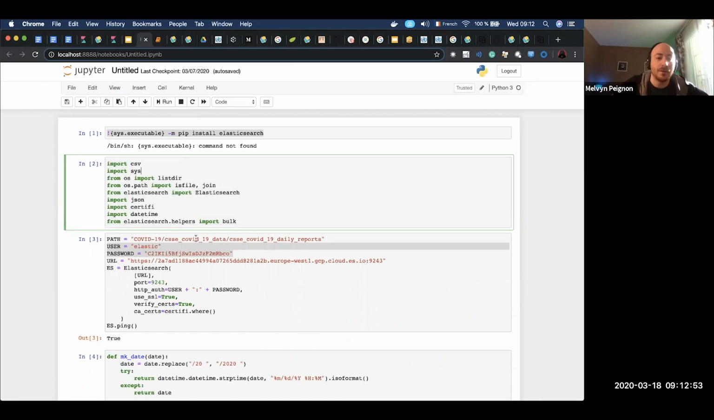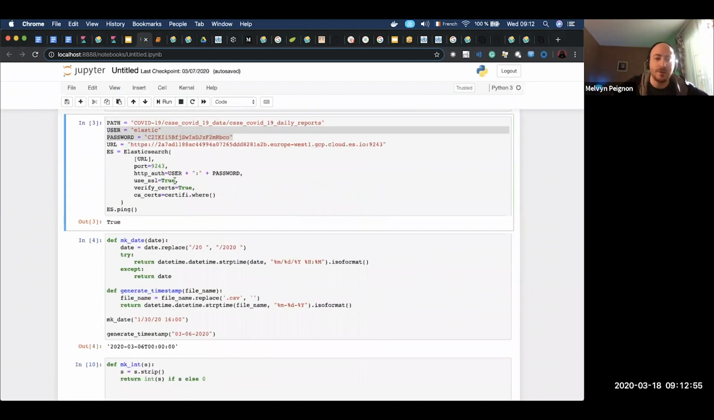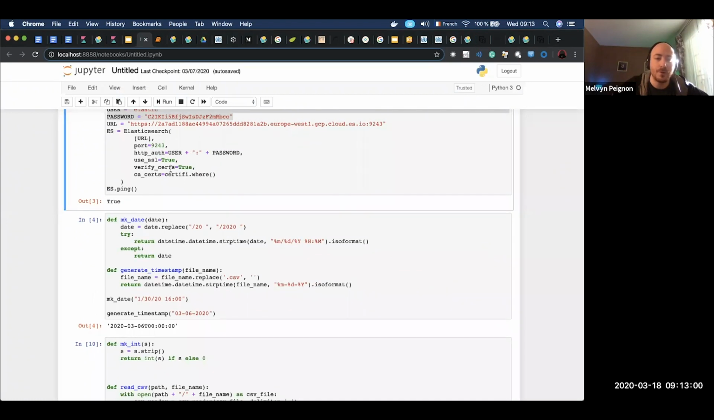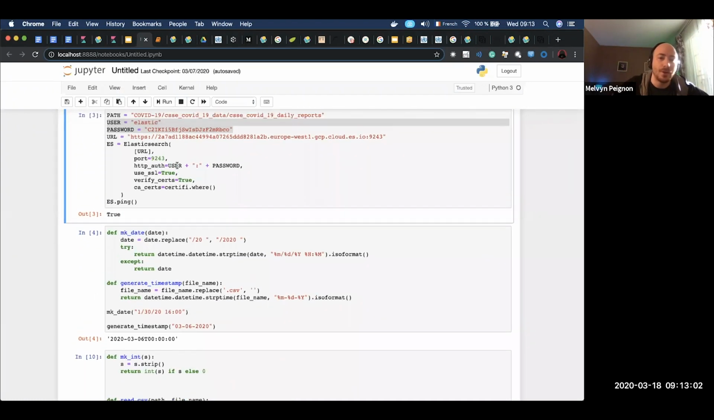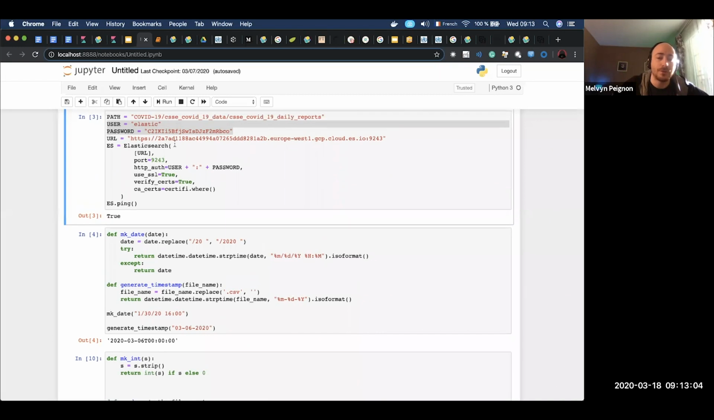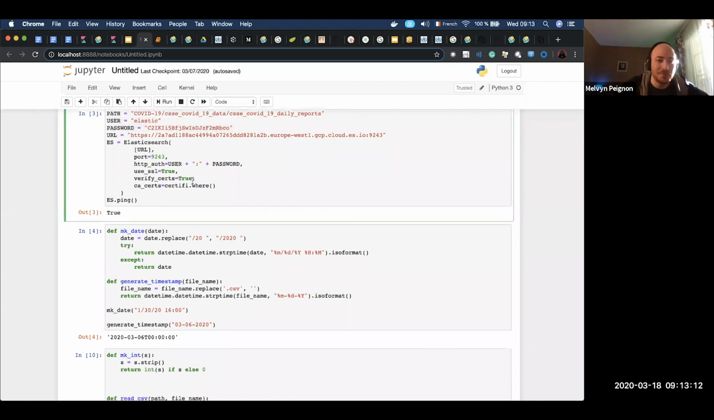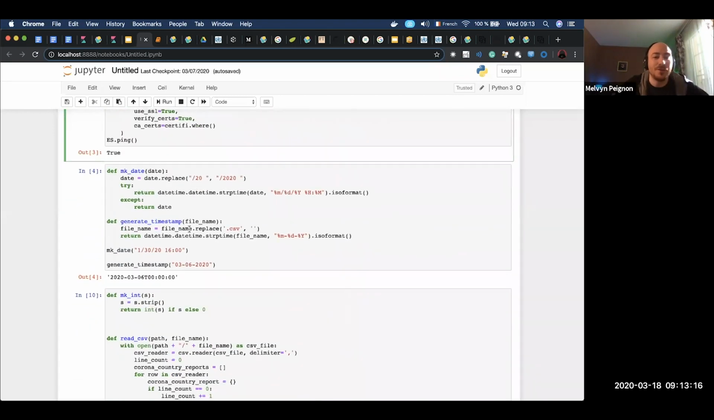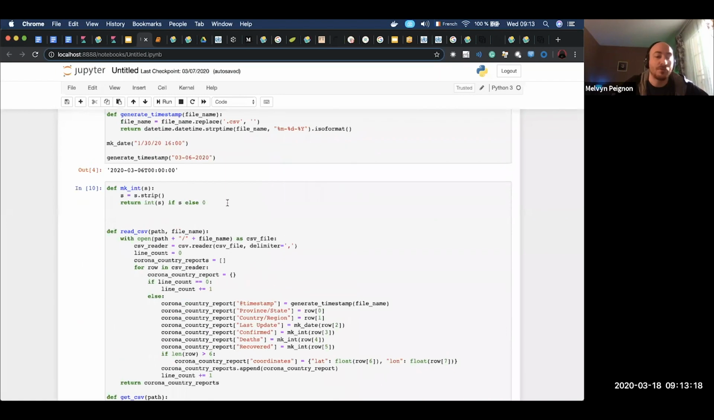Here it's importing the data. Then here I specify the URL for Elasticsearch. I'm specifying where the data sits inside Elasticsearch, where the instance is. Here is my token. I will need to change it now. And then I'm going to define a bunch of functions that are